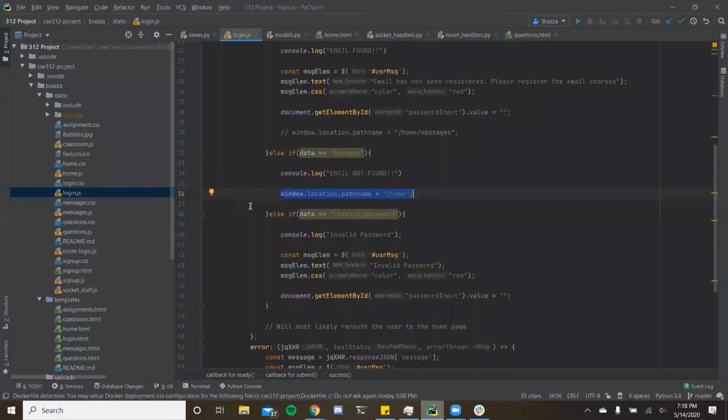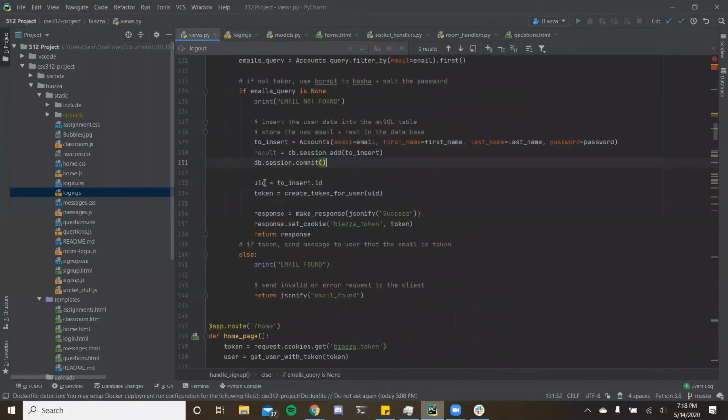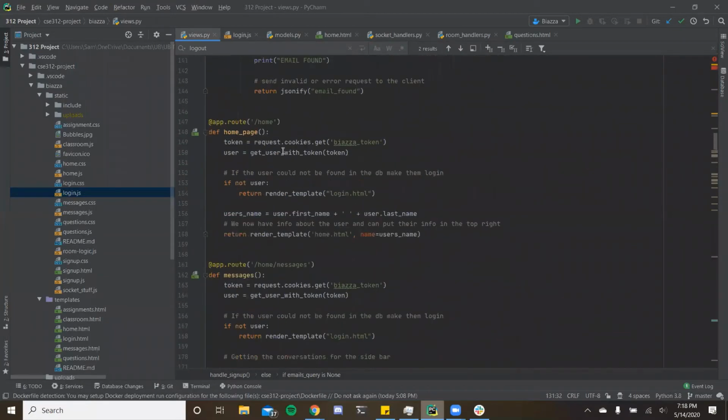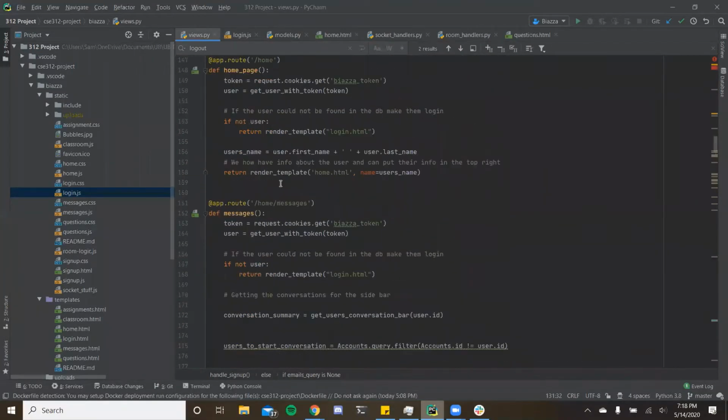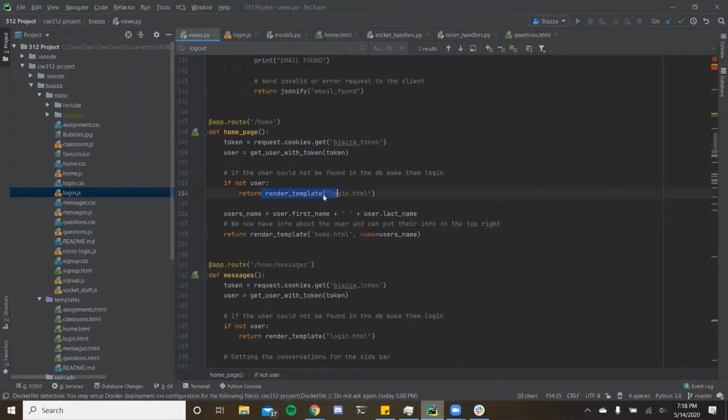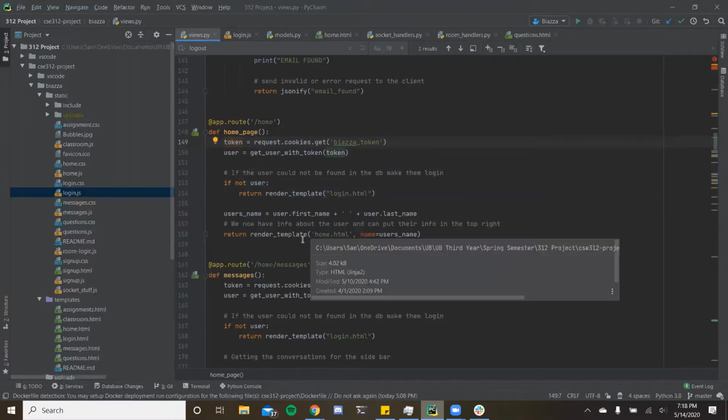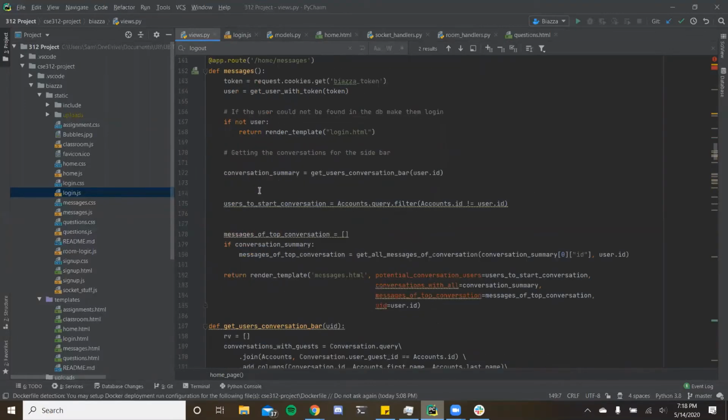We can see what's going on in that in our views.py. Yep, so /home will render the template for the login page if the user is not authenticated properly with their token that was passed in along with their request. Home/questions